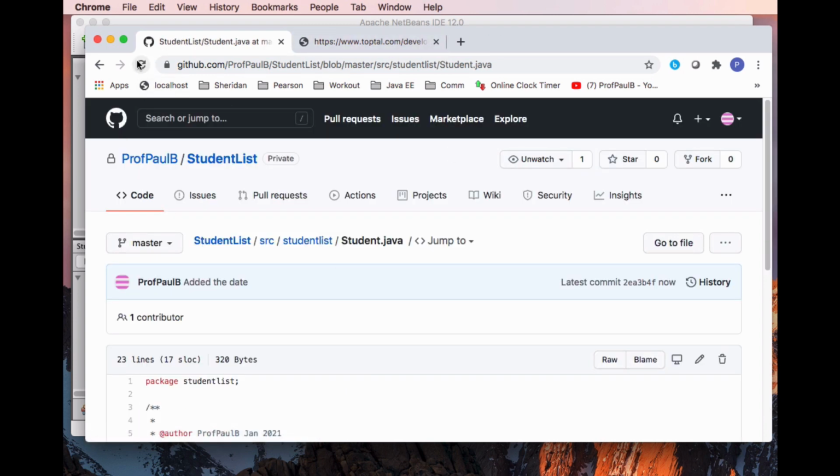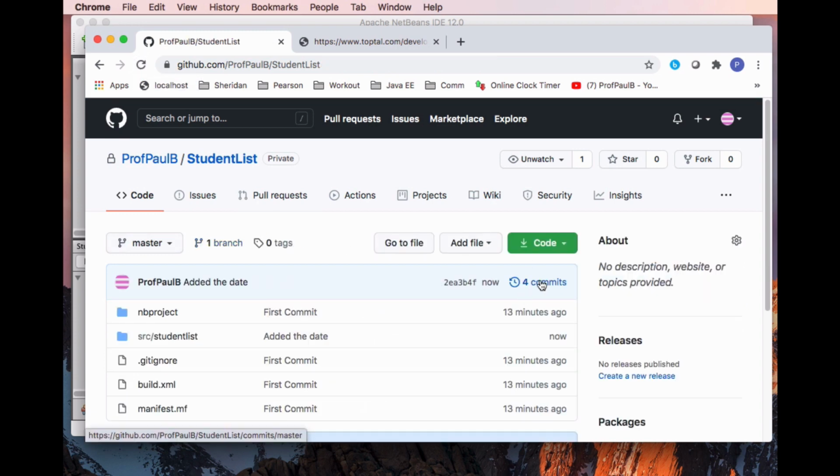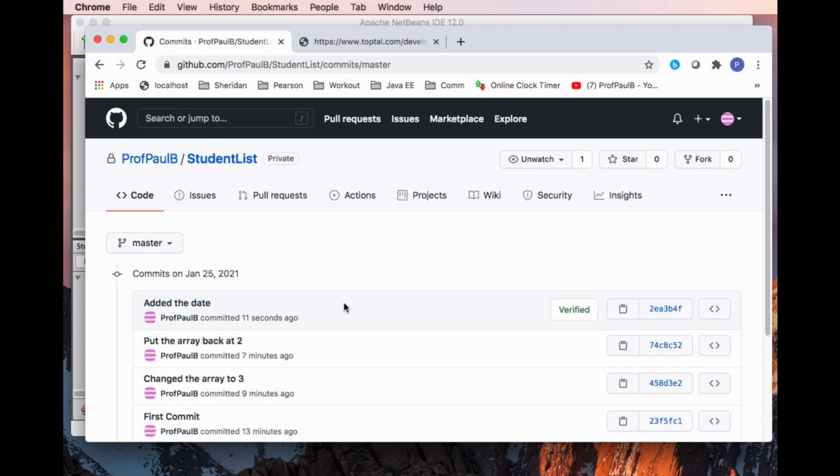And let's go ahead and refresh. Oh, no, let's just go here. Sorry. And now we see there's 4 commits. And we see here the added the date commit. Okay, so now let's go ahead into our